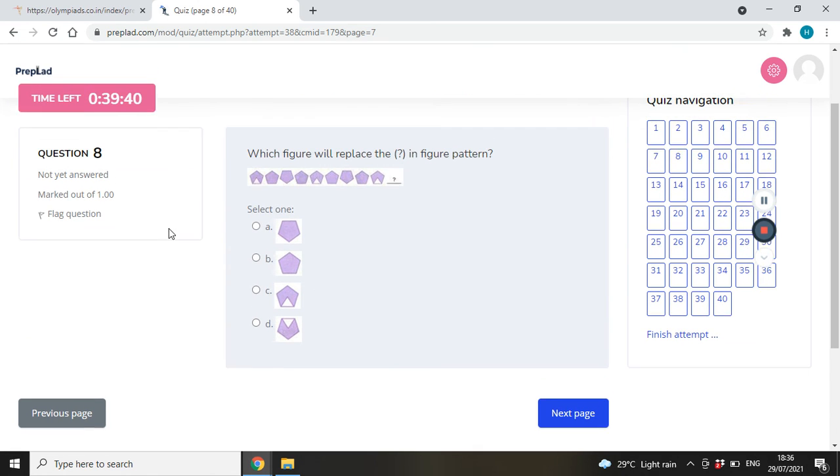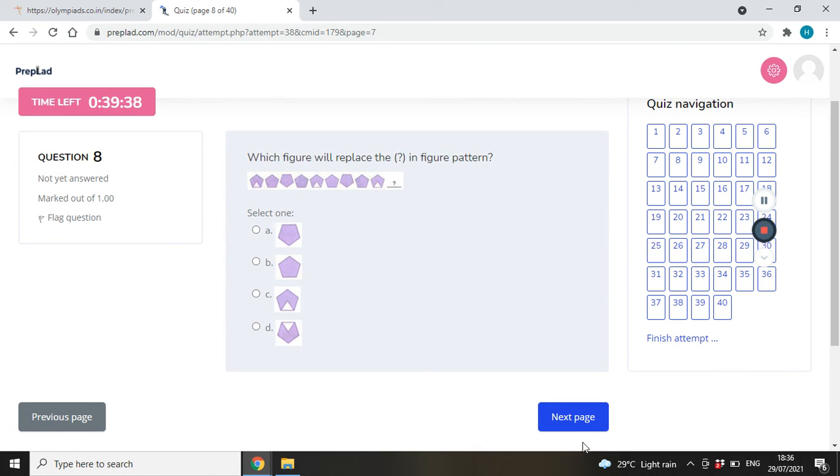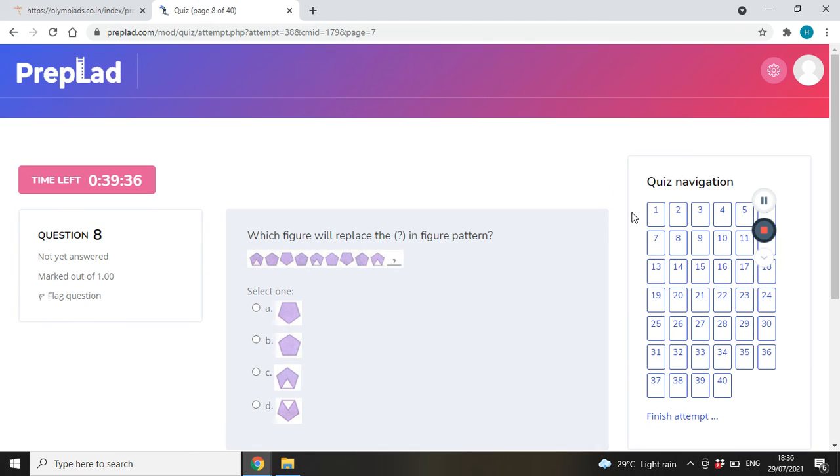Now, after you have attempted all the questions, you will get a detailed reply with the answers and the explanations of the same. So, similarly, you can enjoy unlimited mock tests for your preparation.